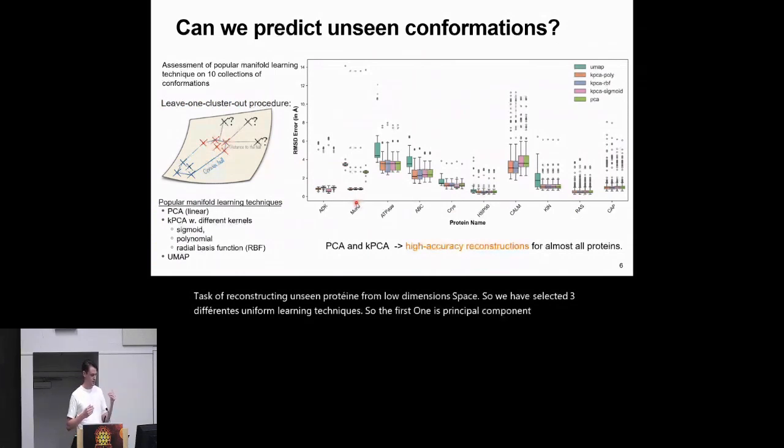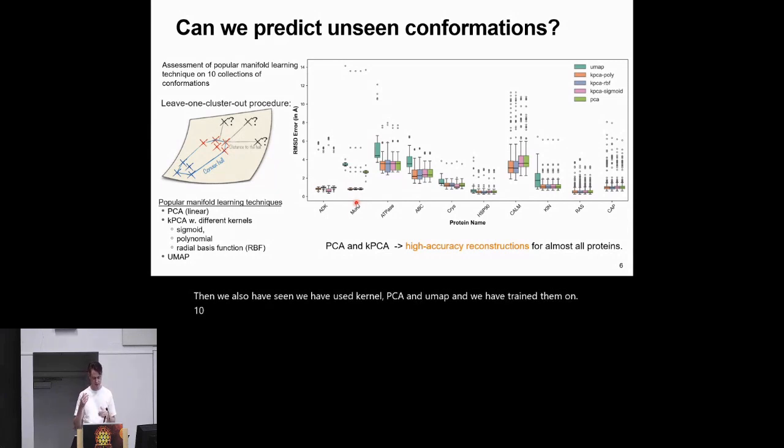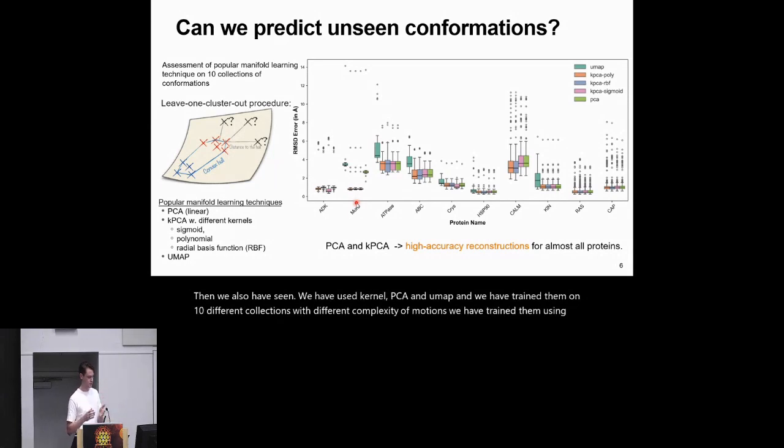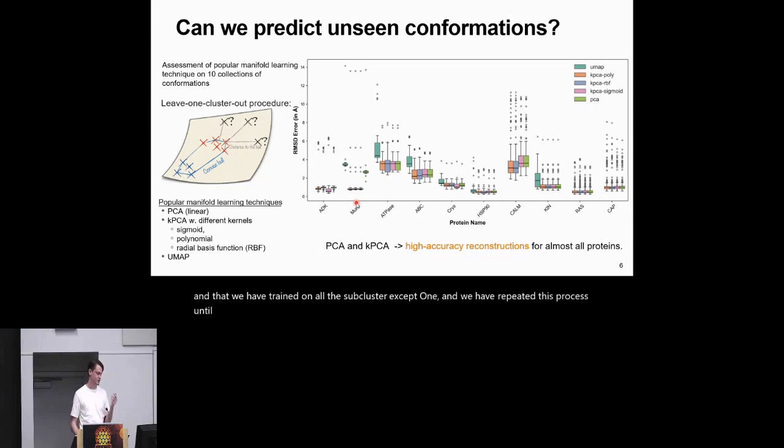Then we have used kernel PCA and UMAP, and we have trained them on 10 different collections with different complexity of motions. We have trained them using a leave-one-out procedure. So this means that we have clustered all the conformations inside a collection, and that we have trained on all the subclusters except one, and we have repeated this process until each one of the clusters has been seen as